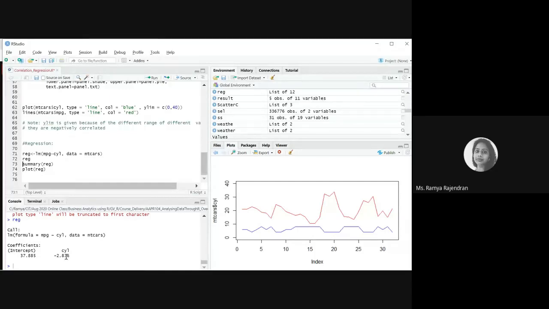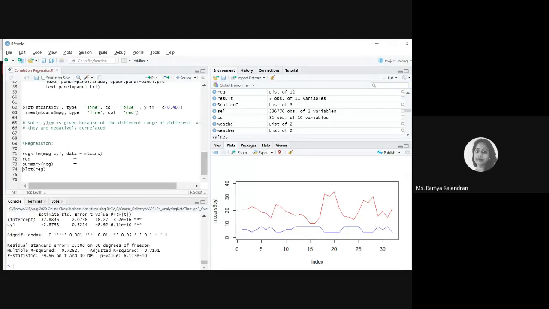Okay, so there's a negative correlation. You can just print a summary to identify the r square and adjusted r square values. I'll just show you how it looks and explain it so that you can explore it later. I'm just going to brief you on r square and adjusted r square.